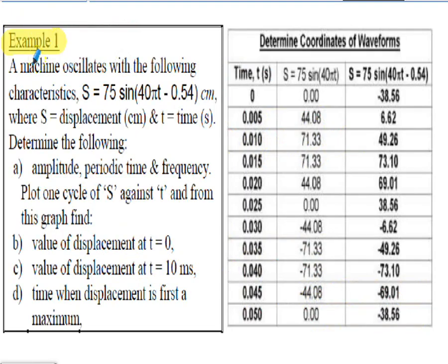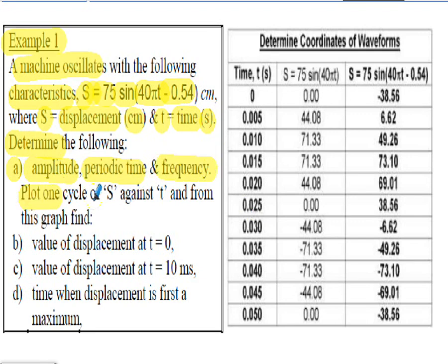Example 1. A machine oscillates with the following characteristics. S is equal to 75 multiplied by the sine of 40 pi t minus 0.54, where the displacement S is in centimeters and the time little t is in seconds. We're asked to determine the following for A, the amplitude, the periodic time and the frequency,